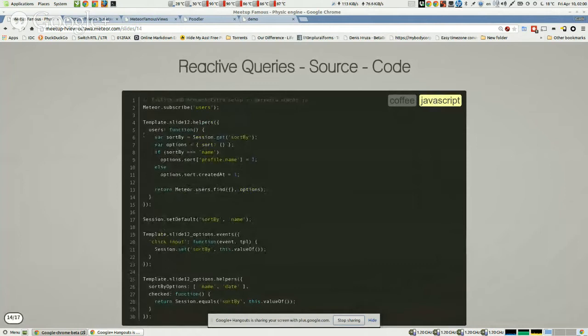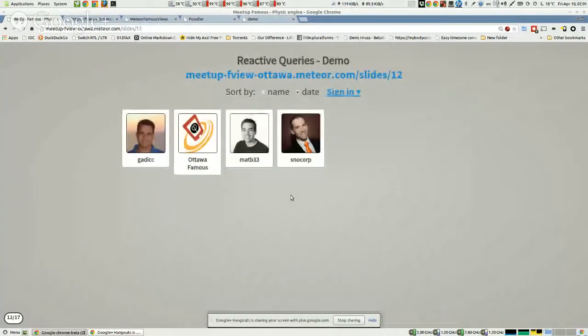More for those who know Meteor a little bit, we've got a reactive session variable, sort by, that's going to create our Mongo query for those that know Mongo. And then this line is basically returning the options based on the session variable, so that's reactive, and the cursor is reactive, and that's live. So if anyone new is coming in,